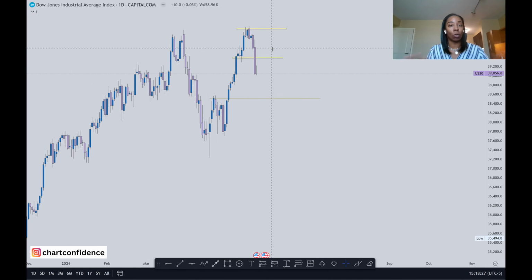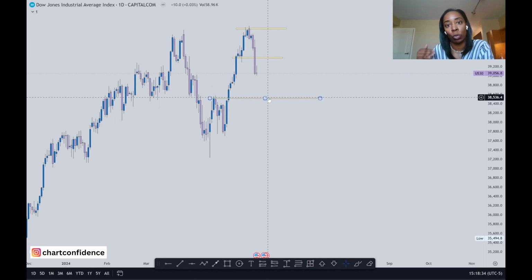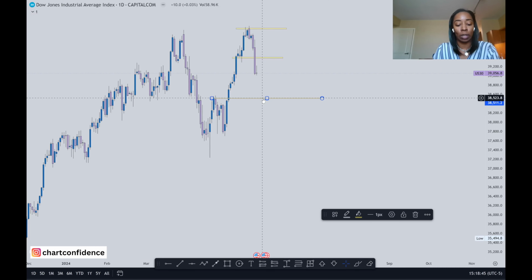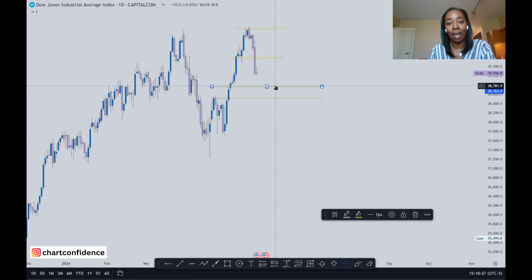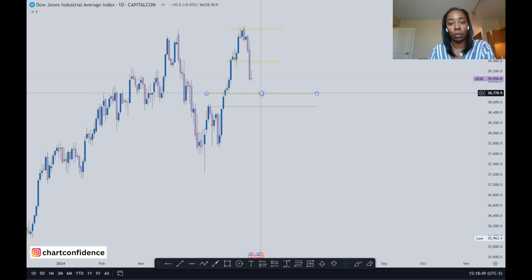Now, obviously, we don't know 100%, but we want to make sure that the probabilities are in our favor as much as possible, and we want to identify levels that are going to help us make better decisions inside of the live market, obviously during our sessions. So that line looks good to me, and I'm going to copy this line again, and I'm going to put this line down here around